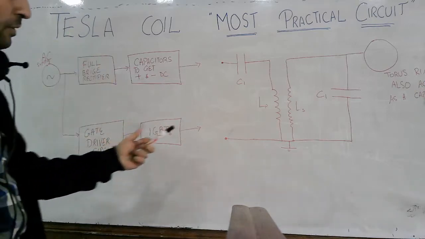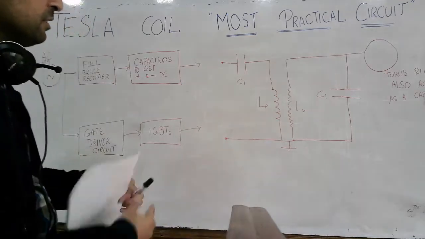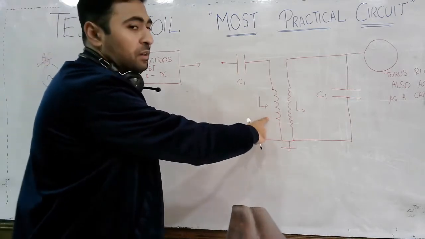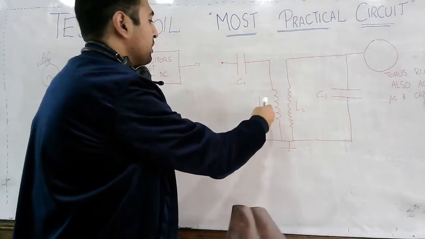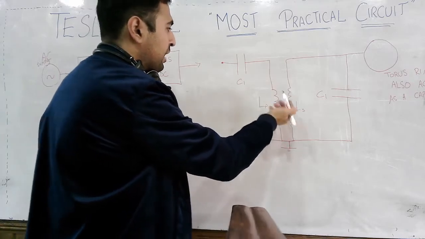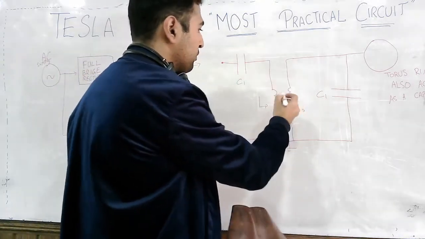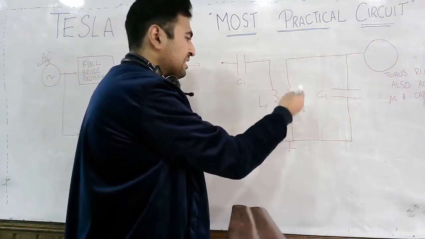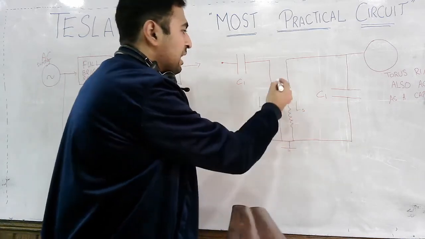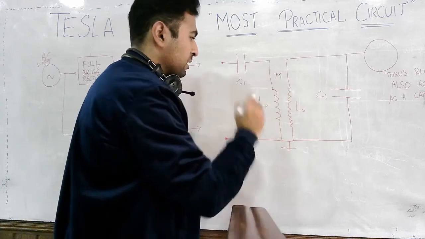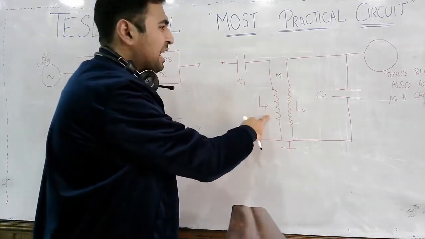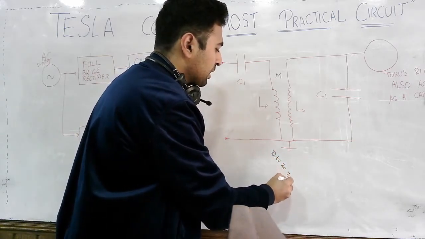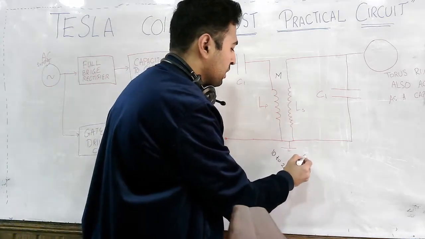So here you have a transformer, and this is an air core transformer. You can see here, you have two inductors, the primary inductor and the secondary inductor, and they are placed near to each other so that there will be mutual inductance, obviously the flux linkage between these two inductors. Let's represent it by M, that is the mutual inductance. So the primary side inductor typically has around 10 to 20 turns, while the secondary side inductor has around 1000 to